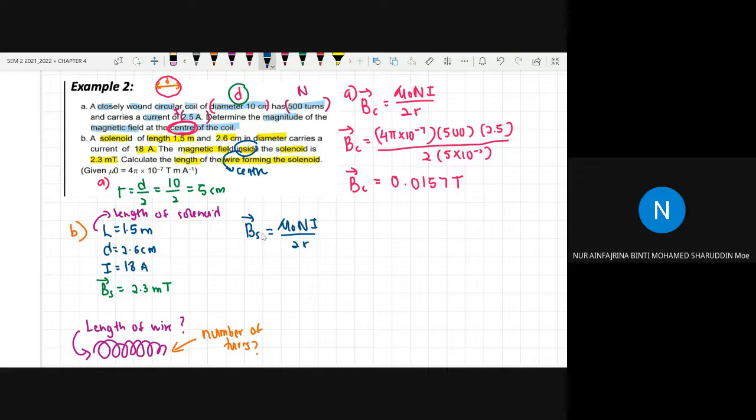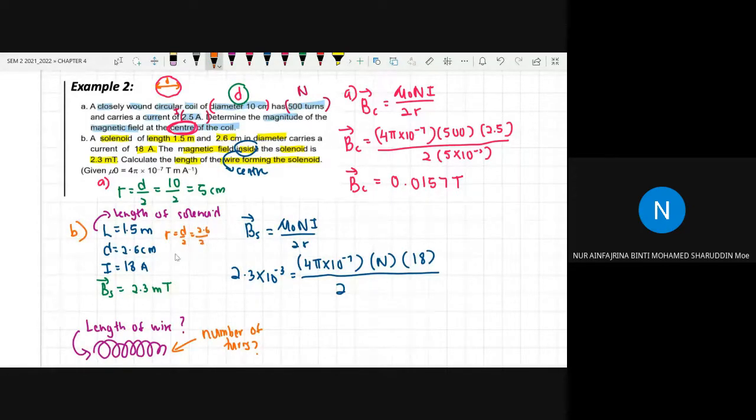So we already know the magnetic field is 2.3 millitesla. Okay, the constant we also know, 4 pi times 10 to the power of negative 7. We want to find N, the number of turns, and our current is 18, divided by 2 times the radius. So how do we get our radius? Same as before, radius is diameter divided by 2. So 2.6 divided by 2, you will get 1.3 cm, which is 1.3 times 10 to the power of negative 3. So you will get your number of turns